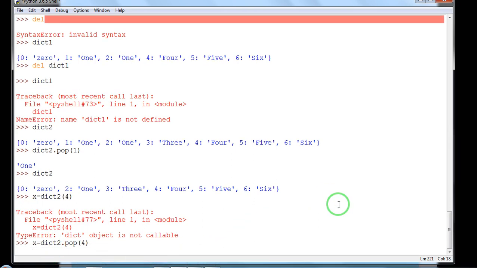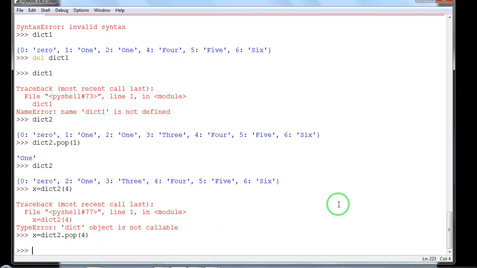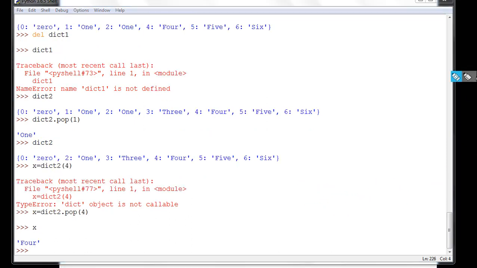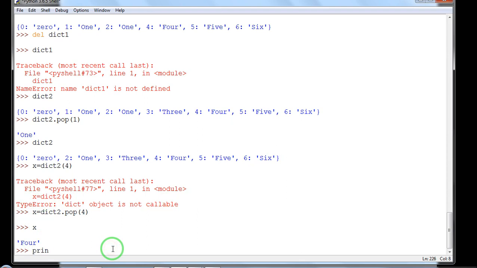It pops out the value that it deleted, so it will store it inside x. When I type x, it will display the value that was deleted. So pop deletes a particular value, and it also returns the value that it deleted. The value which is present inside x can be printed or can be used further. Print x.